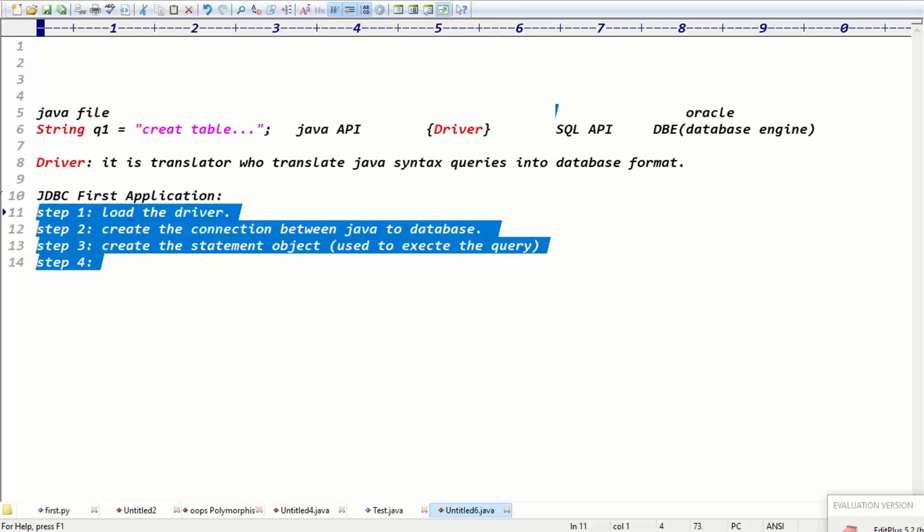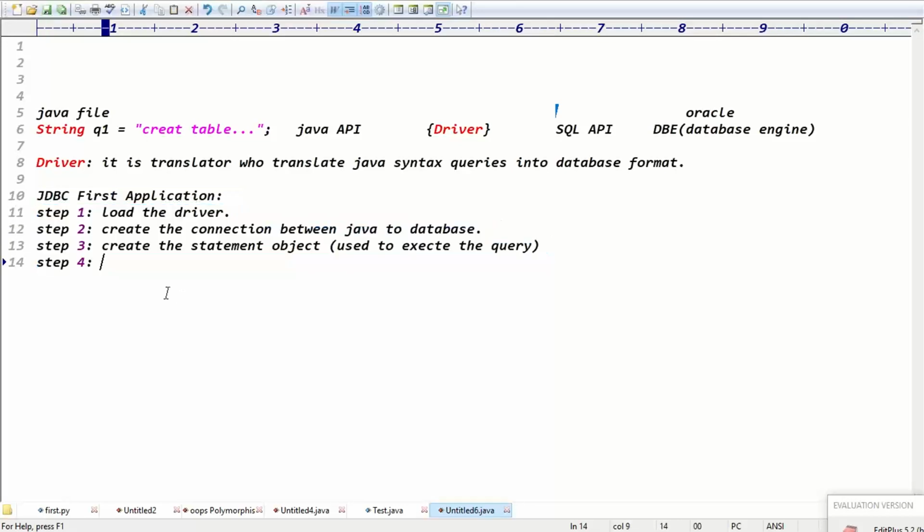That's what, guys. The first application is definitely very, very important, so I will spend more time on the first application, guys. The first step is load the driver, then create the connection. Yes, I will give a detailed explanation of every step, but I will also discuss some internal points, guys. Don't get confused, try to understand the points.